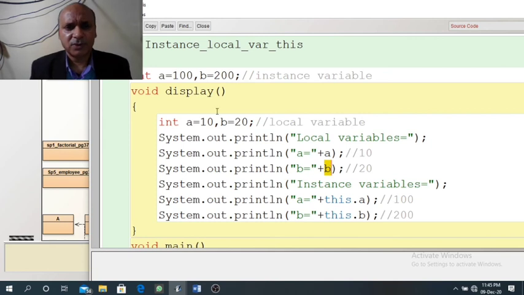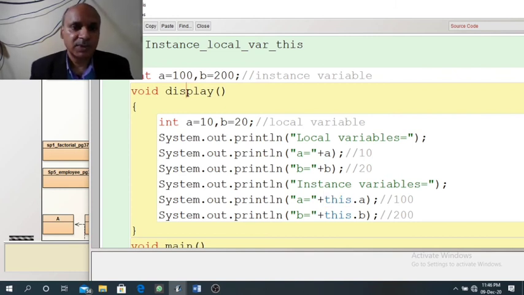But suppose we want to access the global values of A and B. In that case, we need to write A and B along with the this keyword, that is this dot A and this dot B. I have already told you this refers to the address of the current object.